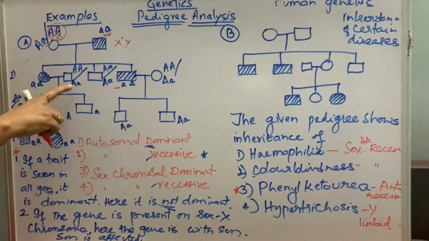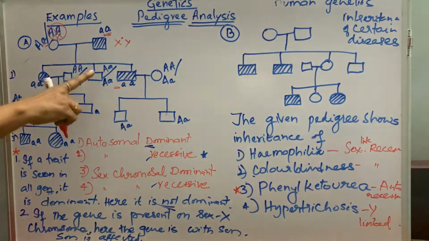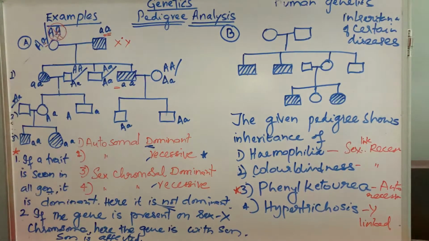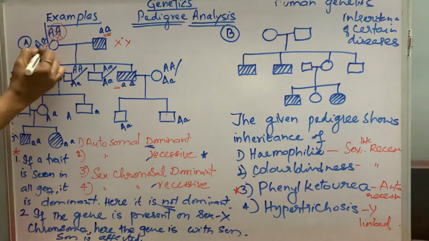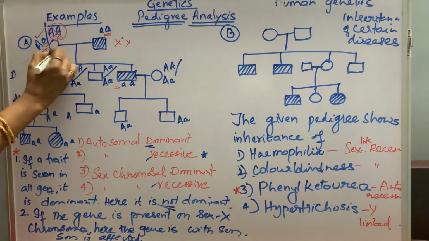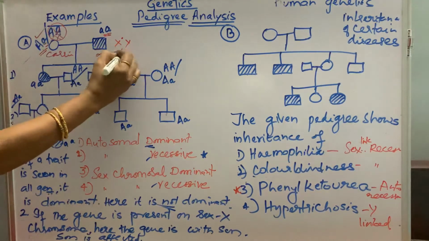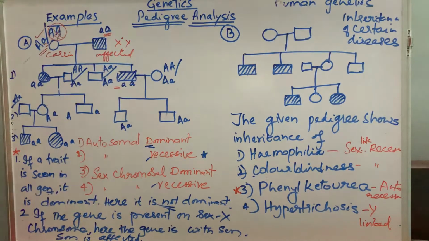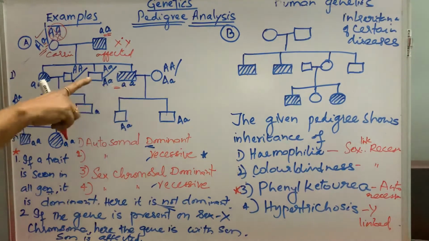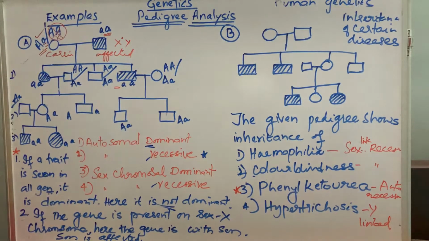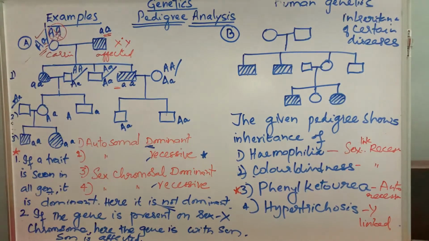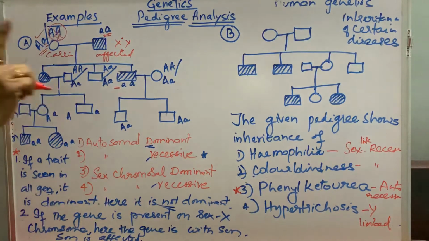And here a normal son is also there, because one dominant gene must be there to suppress this character. So here, a heterozygous carrier mother and an affected father have an affected daughter, an affected son and an unaffected son. Both daughters and sons are seen with the disease, so it must be autosomal. It is not sex linked.